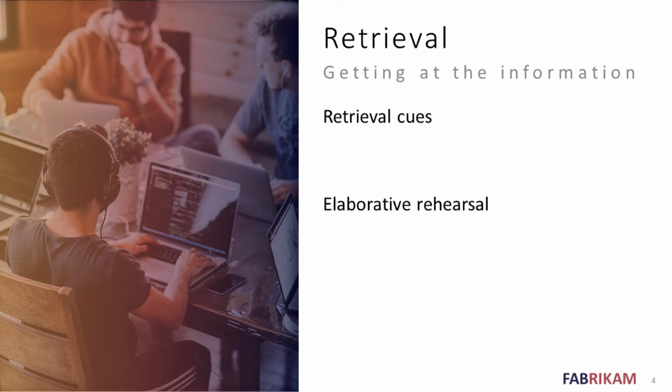Elaborative retrieval refers to a finding that when you want to get something back out of memory, people tend to give up too soon. It turns out that there's a lot of stuff that's in your memory, but it needs work to extract it. It needs various sorts of searching strategies. Now, one study asked people who were considerably older to remember their high school classmates. In the first pass, people were just terrible at this. Maybe they had a couple friends that they kept in touch with and they could remember them, but otherwise they were pretty bad. And this is a good experiment because you could use it